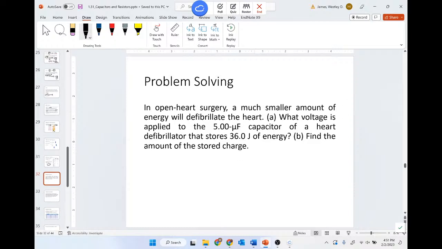All right, so in open heart surgery, a much smaller amount of energy will defibrillate the heart. What voltage is applied to a 5 microfarad capacitor of a heart defibrillator that stores 36 joules of energy? Find the amount of stored charge. This is almost one of the most classic plug and chug kind of problems. I could draw a picture, but